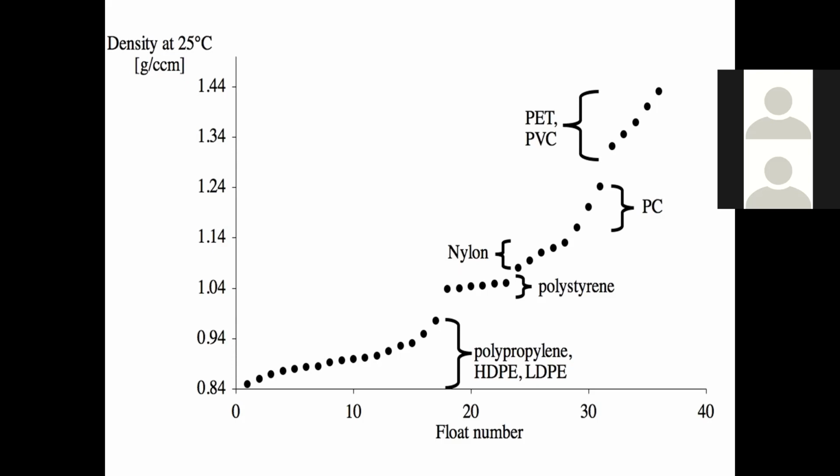Then the height of your sample. Suppose you place a nylon sample there and you place one PET sample, polyethylene terephthalate, a polyester sample. So with 4 floats and 2 samples, you have to prepare a graph. On the x-axis you keep the distance or height in centimeters, and on the y-axis you place the density. So you know the density of the floats, and you are measuring the height of those floats.